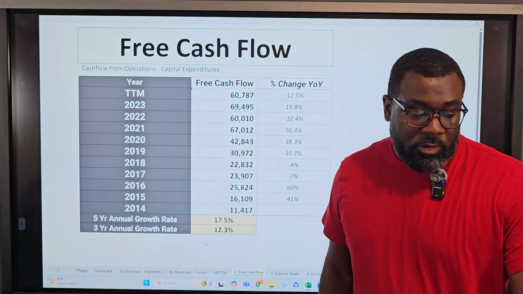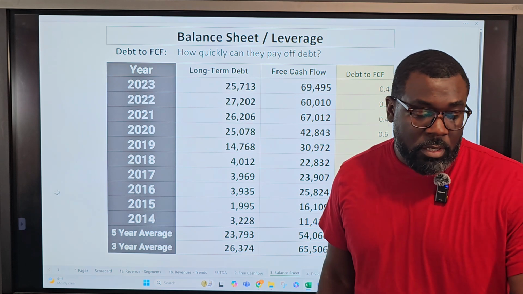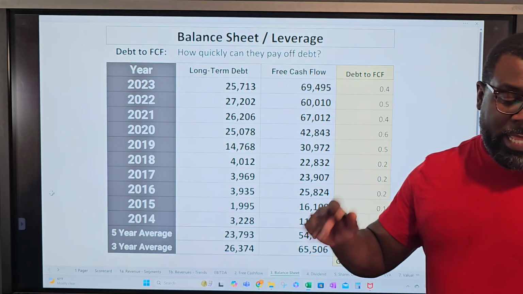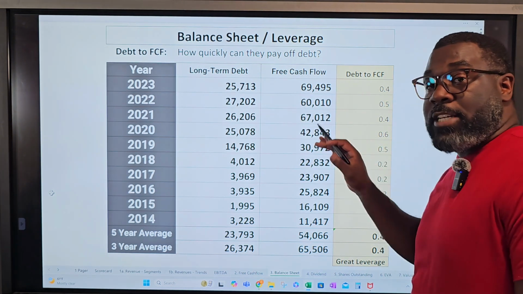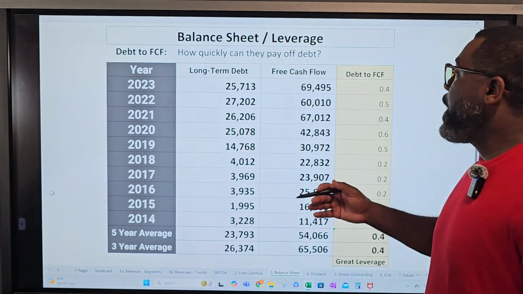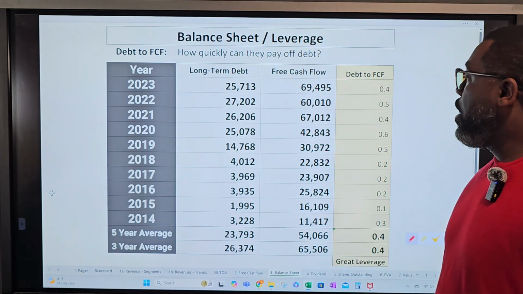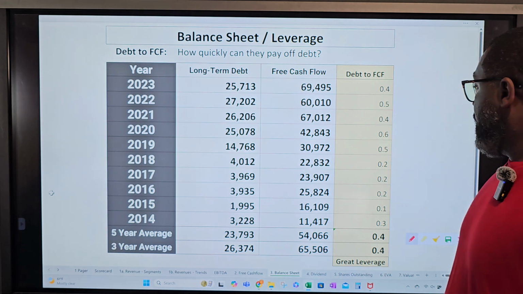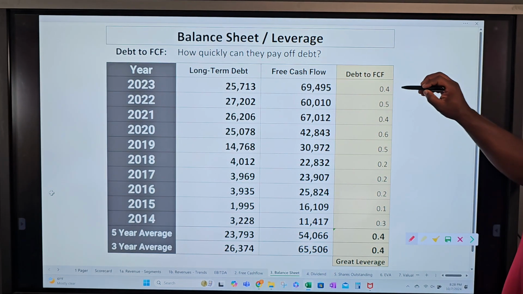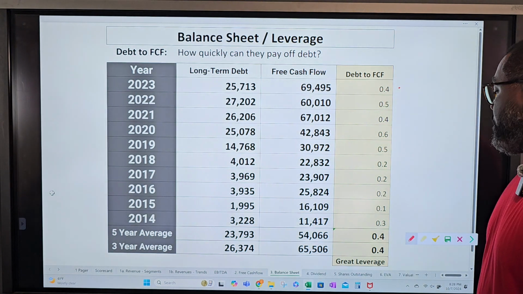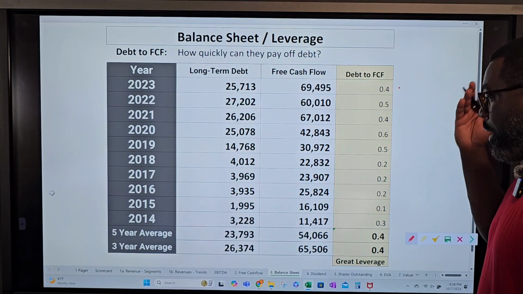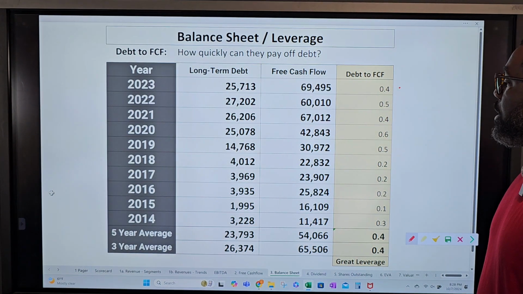So that looks great. Looking at their balance sheet, also amazing. I like companies to be within 3 to 5 years when I compare the debt to free cash flow. How fast can they pay off their debt based on their cash flow that they're generating? Right now, we have 0.4 years, so less than half of a year they can pay down their debt with their cash flow because they're such a large money printing company. Much success in their cash flow.